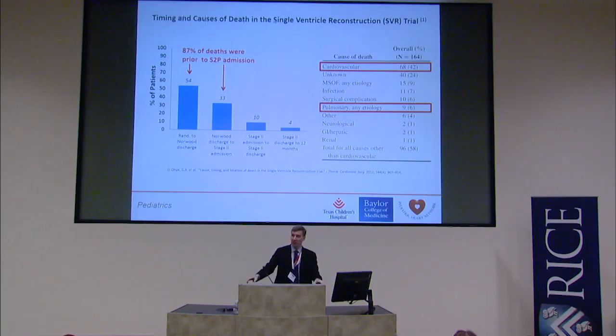So basic physiology is that your heart pumps blood to your body, then back to the heart, and then to the lungs, and then back to the heart. These kids have one pump. So the blood goes from the heart, gets split, a percentage goes to the body, a percentage goes to the lungs, and then it comes back, and it mixes. It's this mixing that causes hemodynamic instability within these kids, which leads to